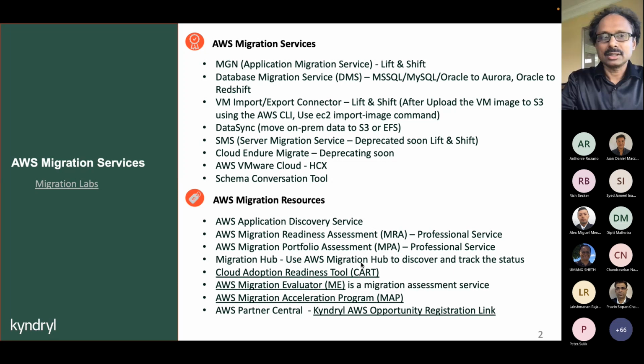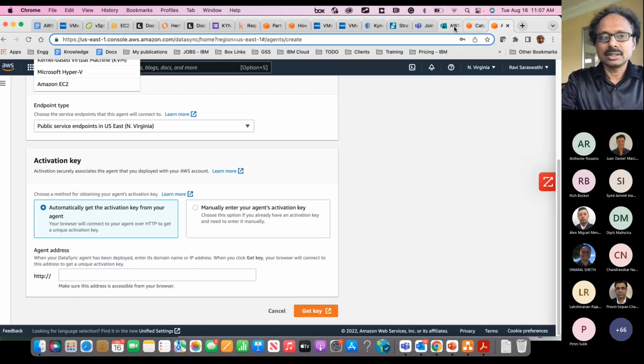Basically, Kyndryl will get incentive for helping clients to migrate to AWS. That will provide us several financial benefits from AWS for helping clients to move to AWS. And if any of the AWS opportunities are available, you can register it in order to get that funding.